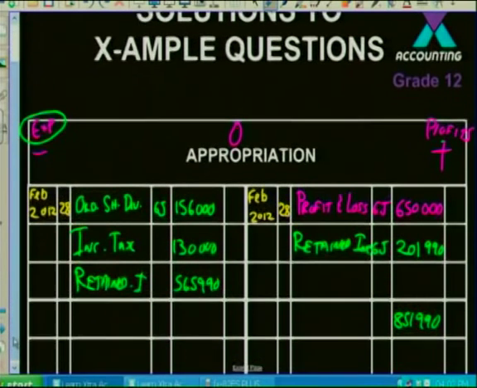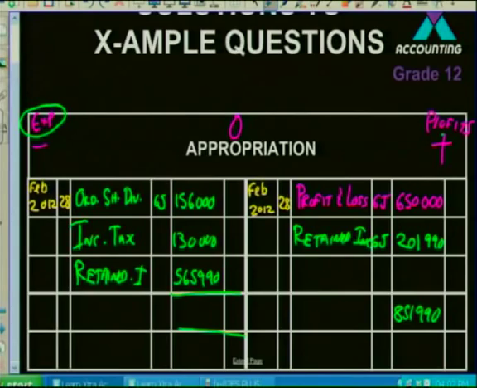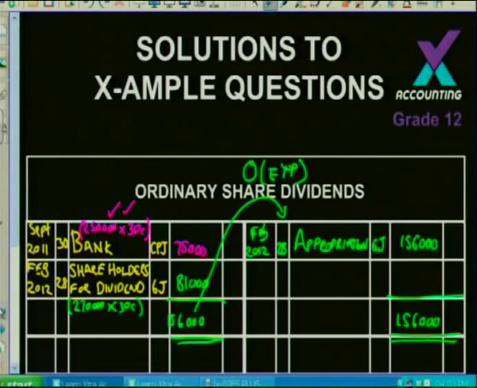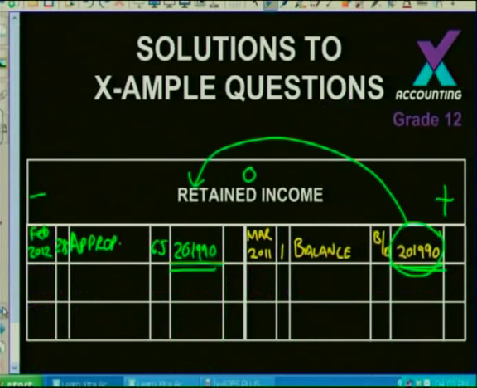Okay, right, this account is almost done. Credit side total to the debit side 851,990. Okay, there's my retained profits that I now need to send back to the account retained income. So if we go back to retained income, there we go. We now have on the 28th of Feb 2012 coming from appropriation account, this amount of